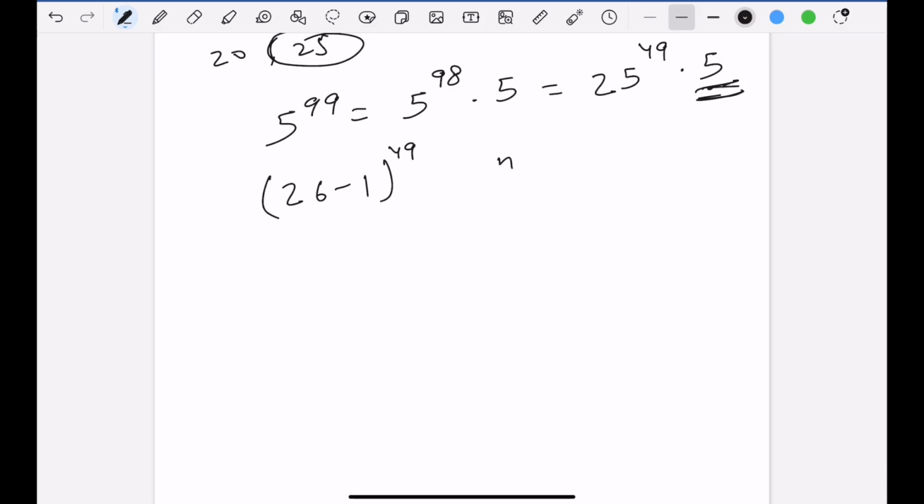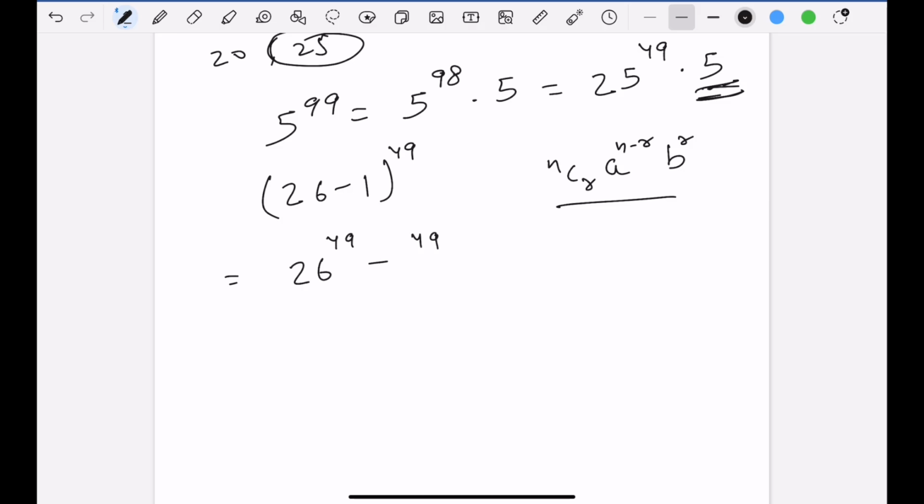So I write the general term, which is nCr a to the power n minus r b to the power r. So expanding this, we will get nC0 a to the power n minus r, which is 26 to the power 49